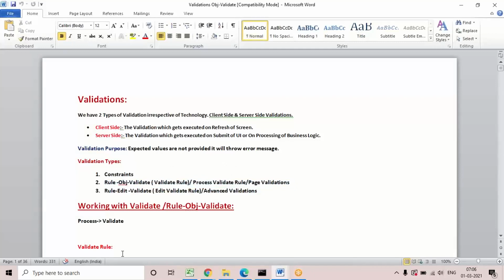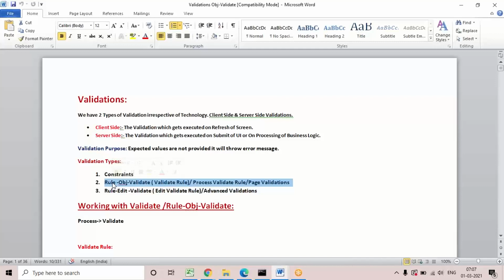And when do we go for these validations? Constraints apply everywhere. Suppose you use some age property, everywhere it is going to apply the constraint condition. Gender and age we have taken as examples, and wherever we use them in the application, in any UI design, that validation will apply if input is given for the properties. If you don't want to apply the same condition everywhere, if you want to apply one condition in one page and another condition in another design.